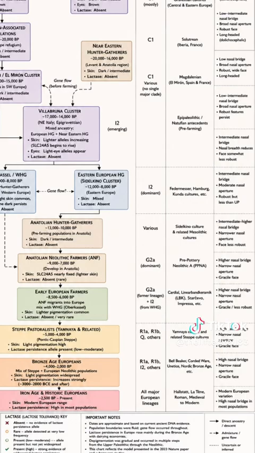From that East and West, in the Eastern hunter-gatherer group, the Cytokino, I think that's how you pronounce it, is going to descend from them. And for whatever reason, they're going to bring a totally different genome into Europe. But before I get into that,